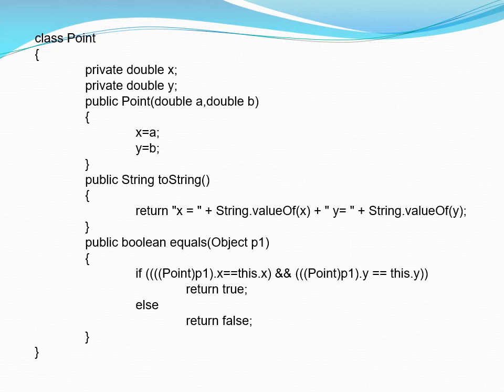Similarly, the equals method, which it has inherited from the Object class, can be overridden. So here we have overridden it. Now we are not looking at whether it is the same memory location or has the same hash code. We are looking at whether for point P1 the x values are the same and the y values are the same. If x values are same and y values are same, then we say the two points are the same or equal. So let's test this out.